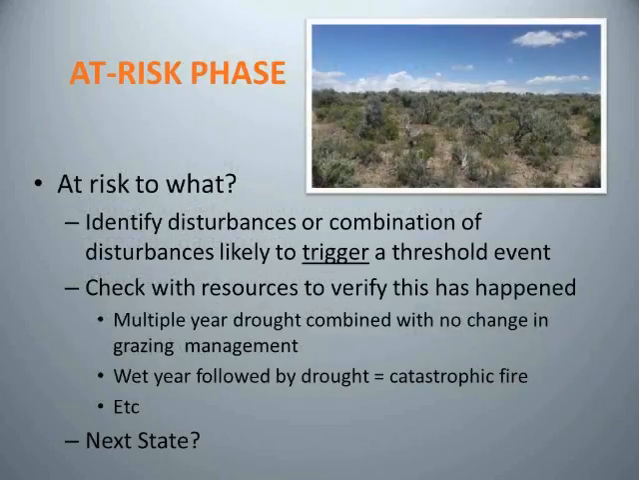And then the other question is, well, at risk to what? Are we at risk of burning and then going to a cheatgrass-dominated rangeland? Are we at risk of a drought and losing our perennial bunch grasses? So thinking about those trigger events and those feedback mechanisms, and then it's always good to check and see if these things have happened. And a lot of times, hopefully, if we have some of that historical knowledge,